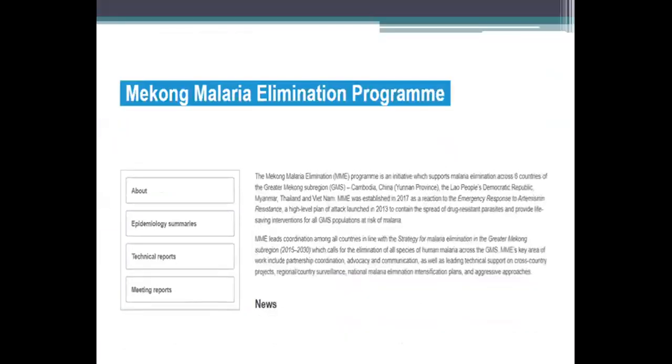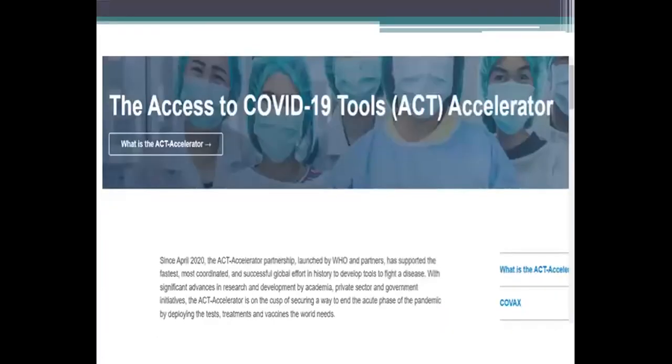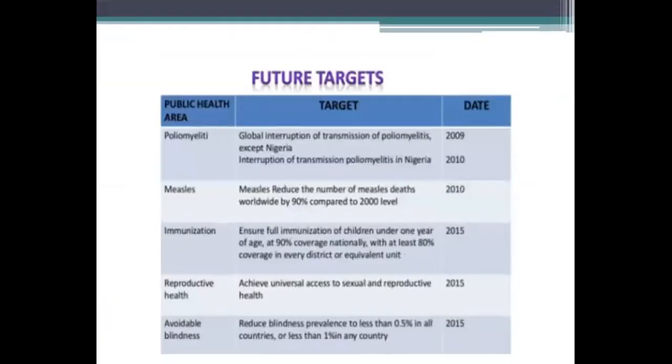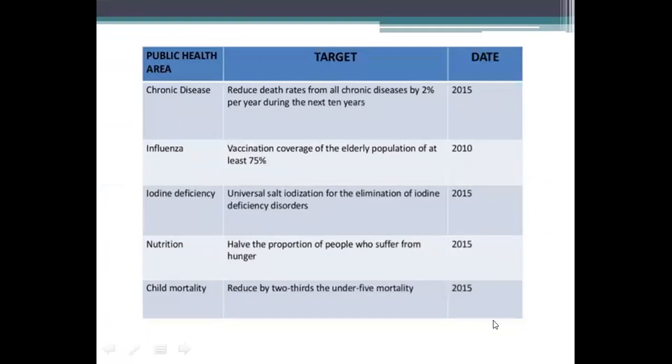There is also the Mekong malaria elimination program and the Access to COVID-19 Tools Accelerator. Future targets include poliomyelitis, a global interruption of transmission of poliomyelitis in 2019, measles reduction in 2010, immunization ensuring full immunization of children under 1 year at 90% by 2015, reproductive health 2015, avoidable blindness also in 2015, chronic disease reduced death from chronic disease in 2015, influenza vaccination coverage of elderly population at least 75% in 2010, iodine deficiency 2015,